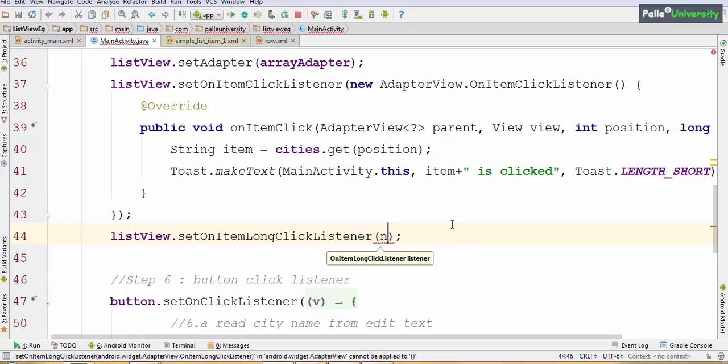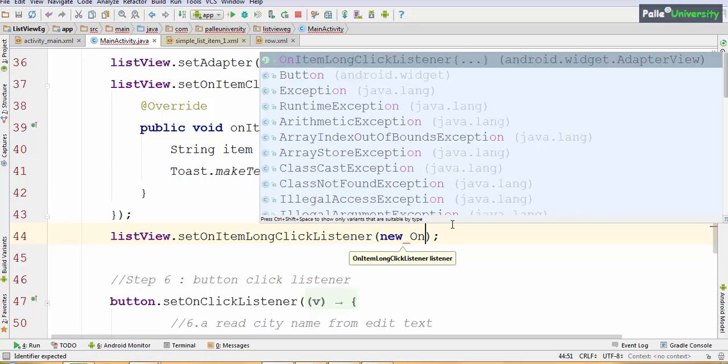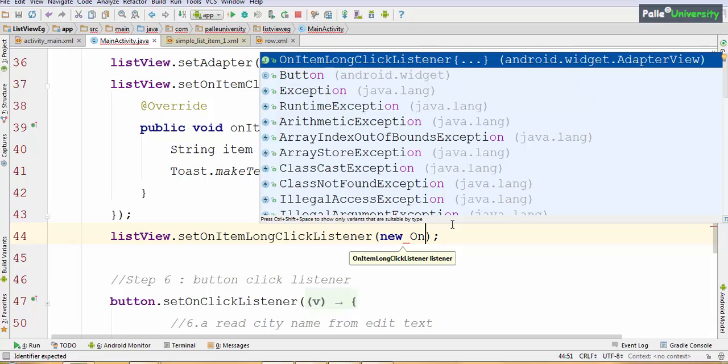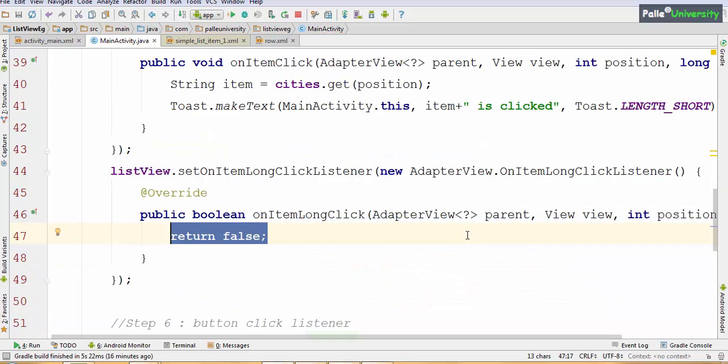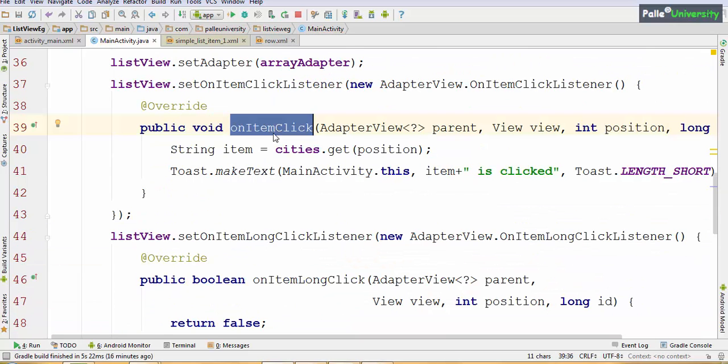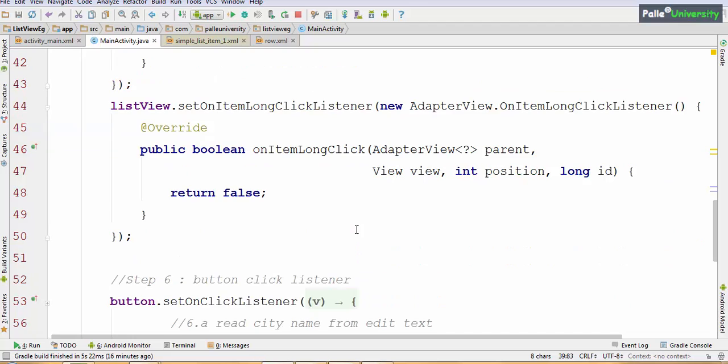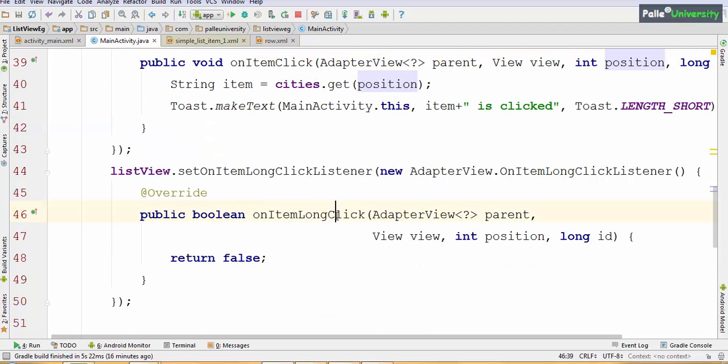You have to type new. It is showing help also. You have to type OnItemLongClickListener. You don't have to type the complete word, just select from the IntelliSense window. That's it. Just like the onItemClick method has 4 parameters, that is parent, view, position and ID, similarly onItemLongClick also has the same number of parameters.